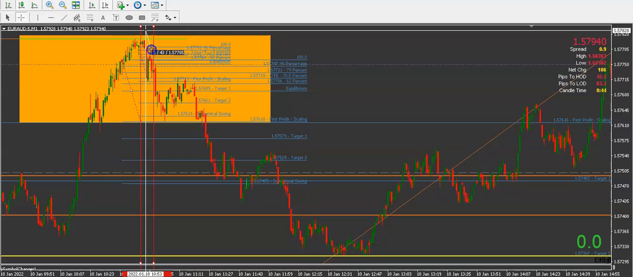And what else do you see here? You have a fair value gap. It came within there. Didn't fill it all the way, but it came into the middle of it. Consequent encroachment. So that would have been a 5 pip stop loss,